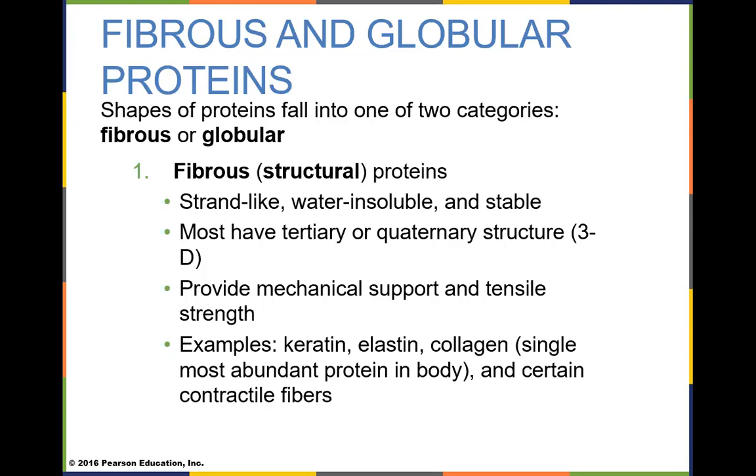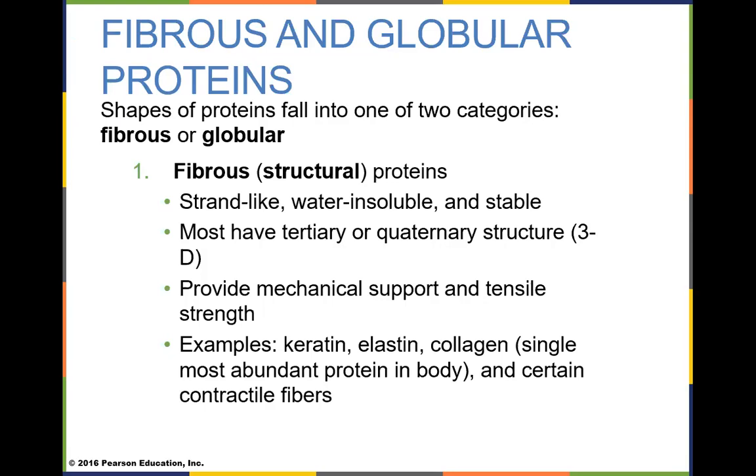One of the reasons our bones are so powerful is that they're wrapped layer by layer with collagen. And so our bones can resist twisting a great deal. Keratin, the protein that waterproofs our skin, is a fibrous protein. Elastin is a fibrous protein. Collagen is a fibrous protein. The contractile fibers in skeletal muscle and smooth muscle and cardiac muscle, the actins and the myosins, are all fibrous proteins, and they will survive